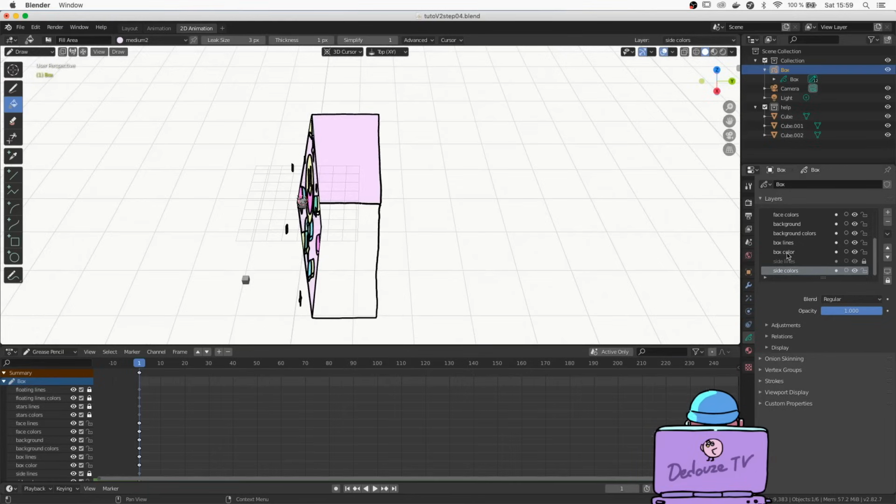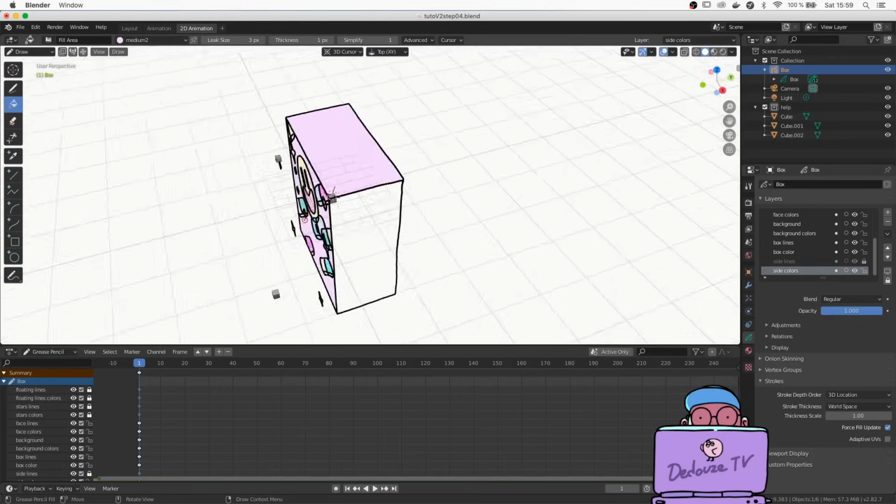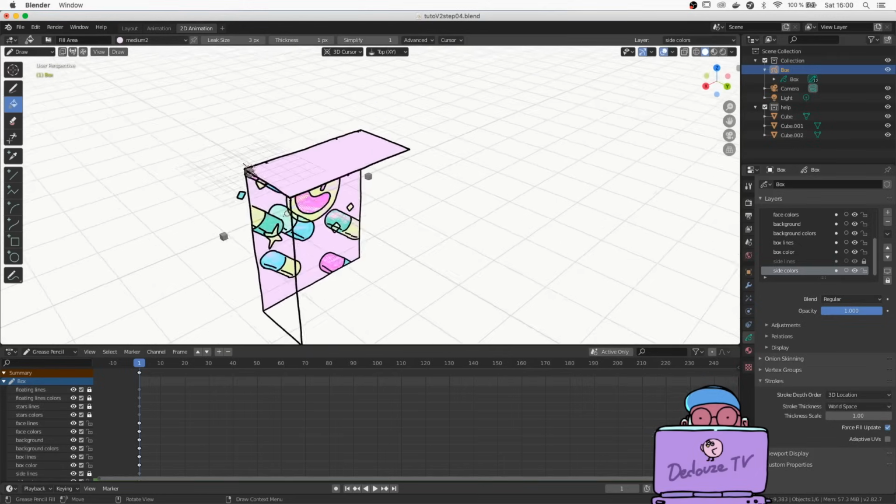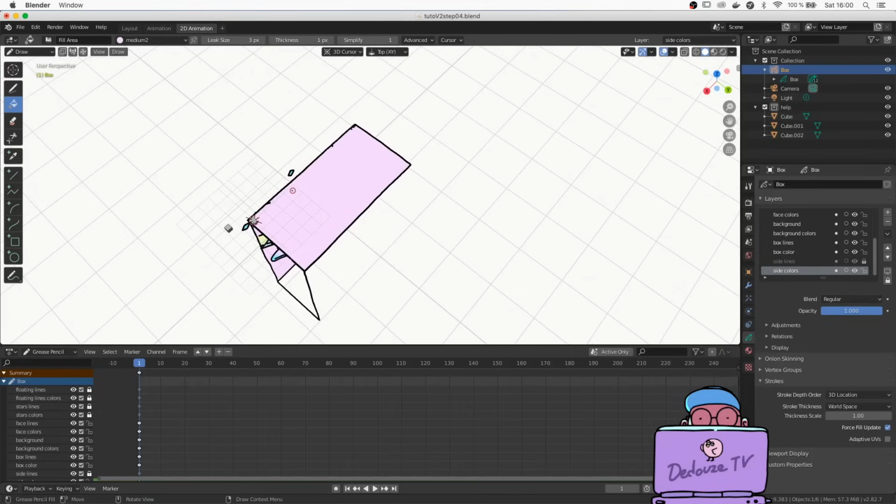If you don't want that, you can switch to the second mode. Still in the layers panel here, open the strokes part and switch the stroke depth order from 2D layers to 3D location. Now the layers order doesn't matter anymore. The faces on the scene appear as normal, as real-world physics faces.